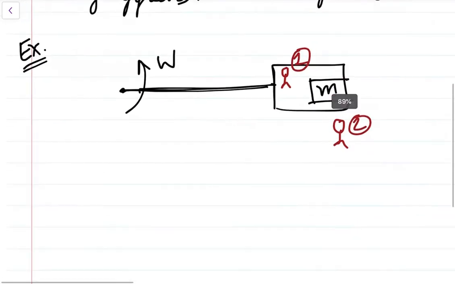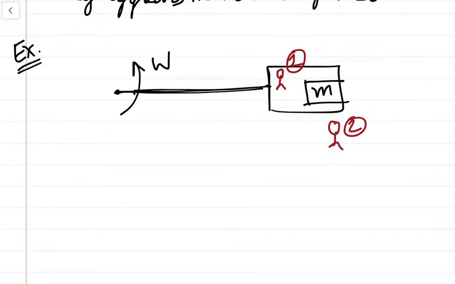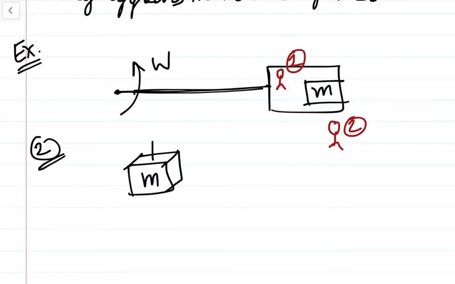Just like we did in pseudo force, if you don't know what pseudo force is, you can watch our NLM playlist, so you can easily understand the concept. First we are writing for observer number 2. What will he see? The ground applying an equal and opposite normal force, the block's own weight mg pushing it downward, and a third force, the normal reaction from the wall, which I'm going to call Nw.